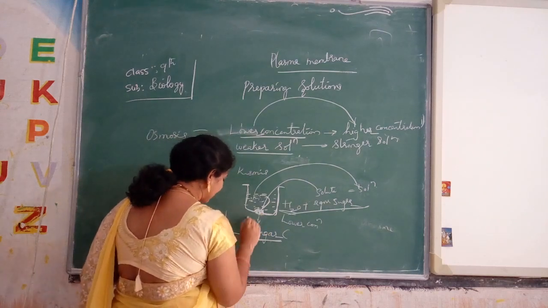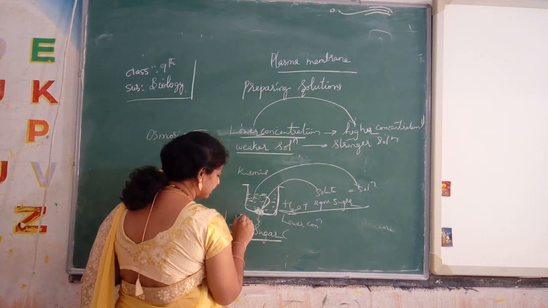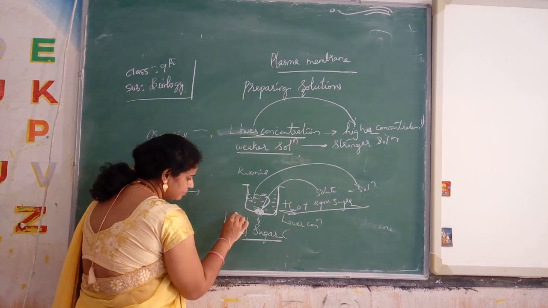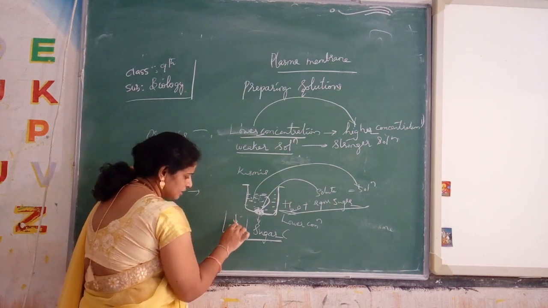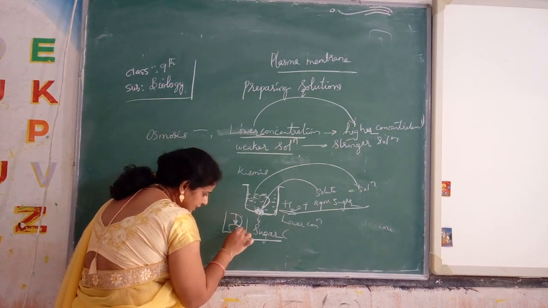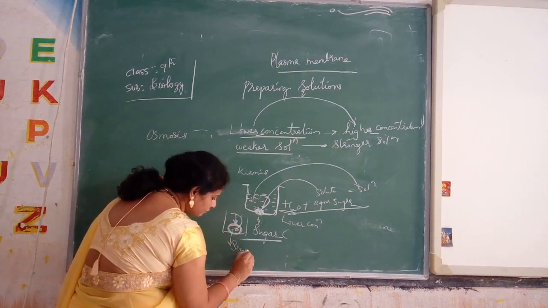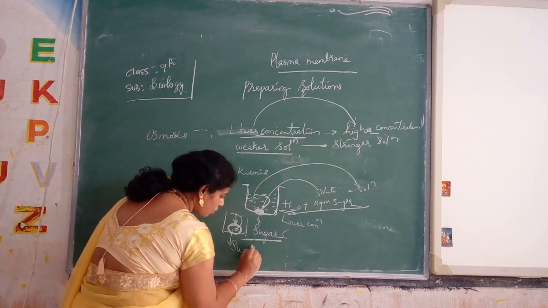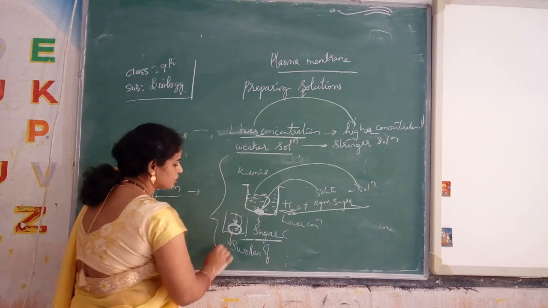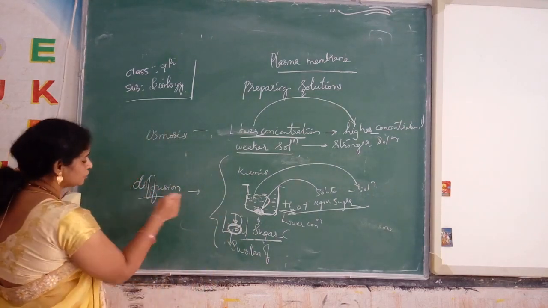So what will happen to the kismis? It will swell in size when we put it in the sugar water with very low, weaker concentration. So it means the transportation of the solution from the weaker concentration to the higher concentration of the sugar. Here swelling of the kismis happens. So this is called osmosis. When it swells, we will call it osmosis. What is diffusion?